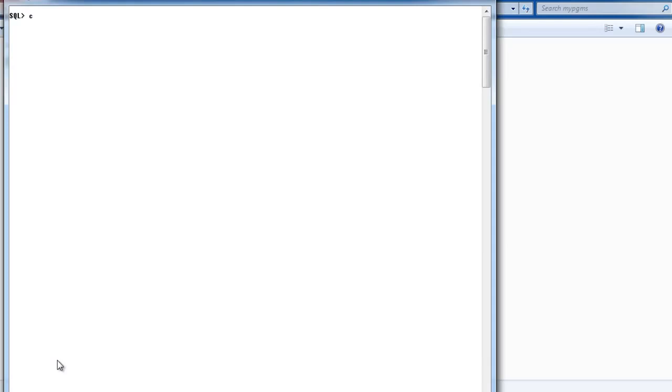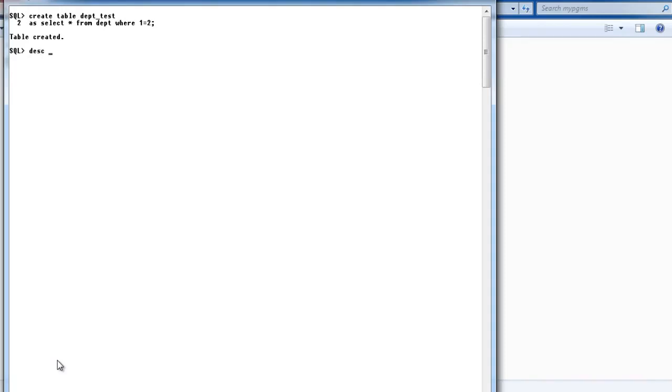So let me create a table called department_test as select star from department where 1 is equal to 2. I'm just copying the structure.